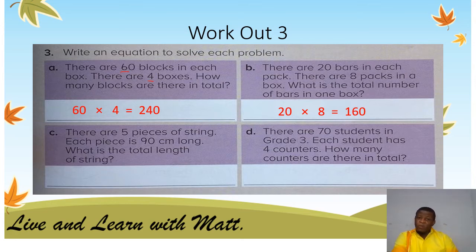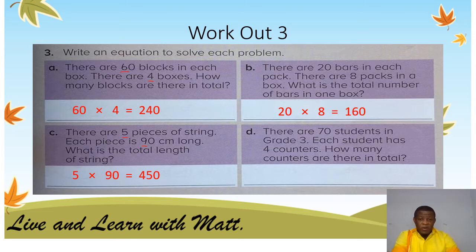Now let's take a look at part C. There are 5 pieces of string. Each piece is 90 centimeters long. What is the total length of string? So we can use 5 times 9 to figure out 5 times 90. So 5 times 9 is 45. Therefore, 5 times 90 will be